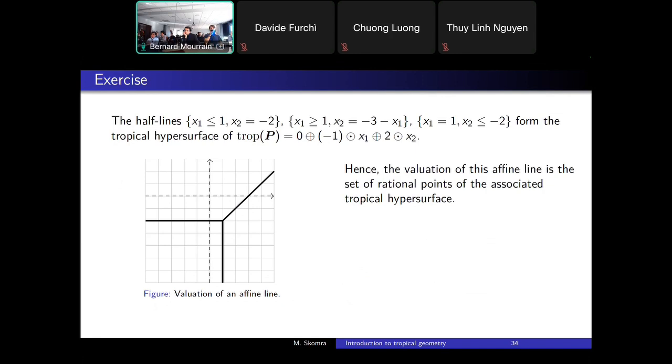So in this example, we convince ourselves that the valuation of this affine line is exactly the set of rational points on the associated tropical hypersurface. Is this clear? Are there any questions, doubts? Is the example fine? So if the example is fine, then we can say, well, actually, this example is an example of